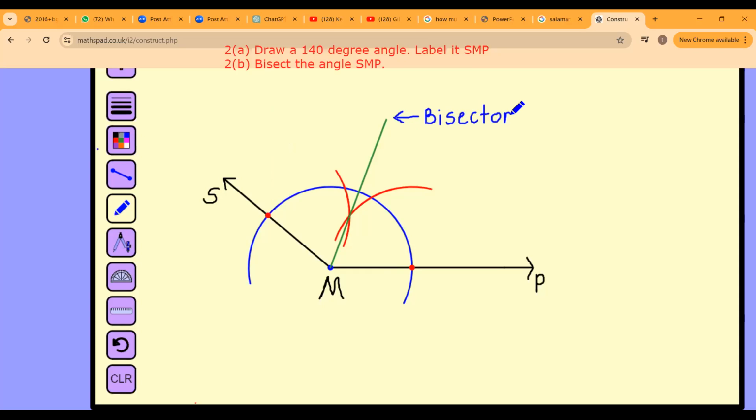All right, let me know if you all understand how we bisected this. Yes, sir. Great. Yes, sir. Good. Aaliyah. The rest of you, I need to know if you understand how to do this. Please, if you understand, let me know. Yes, sir. Okay. That's only like 5 of you.